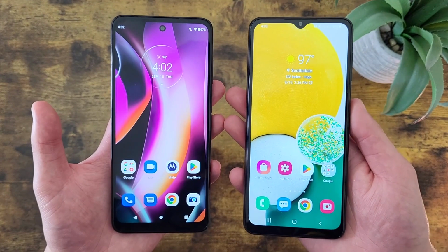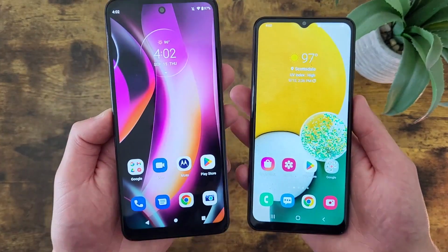In this video, we're going to be doing a quick comparison between the Motorola Moto G 5G and the Samsung